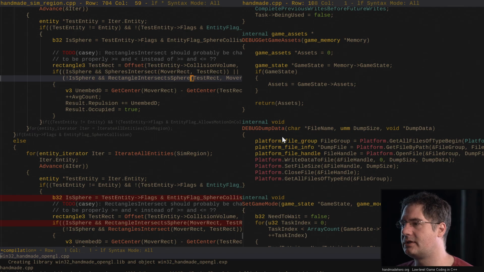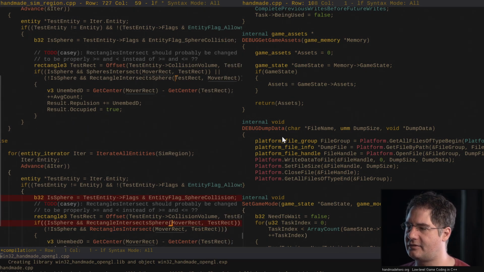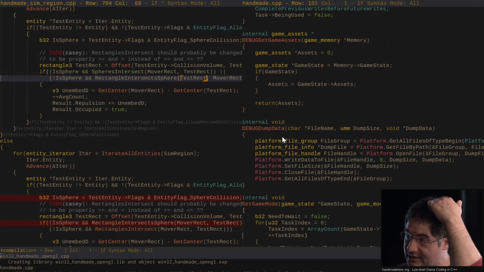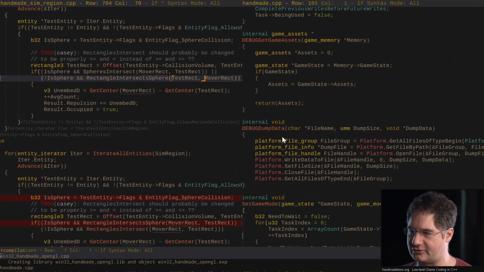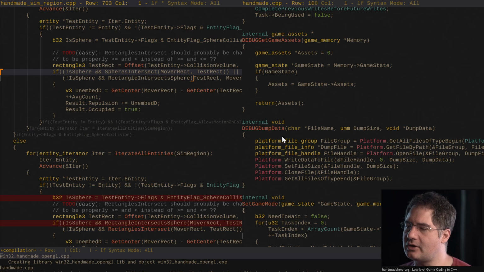So yeah, anyway, you can see here, this is just reversed. So we have rectangle intersects sphere. In this case, the mover is the rectangle and the sphere is the one we're testing against. And then in here, the opposite's true. So if it's not a sphere, that means we were the sphere, right? So mover rect goes in the sphere slot, and off we go. That's really all we need to do to add the spherical collision, but we have the issue here of